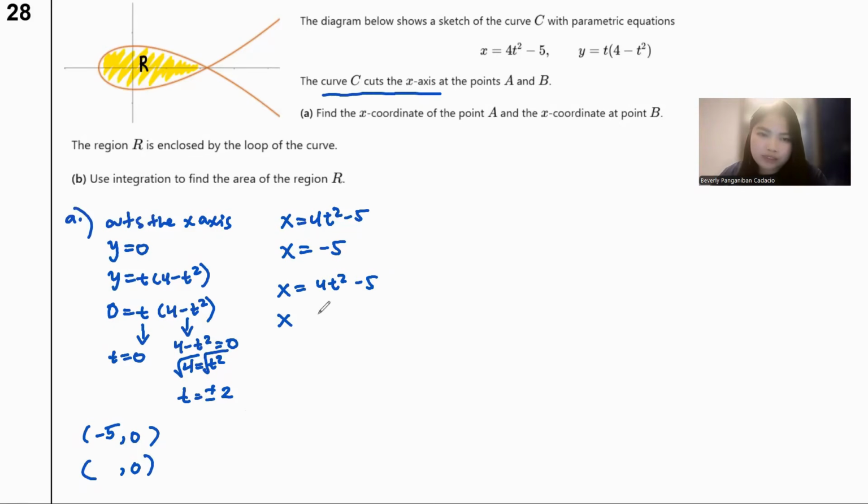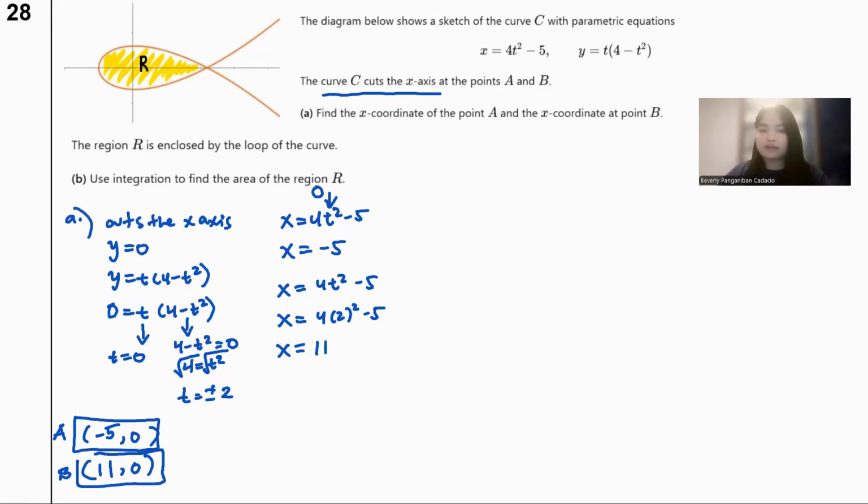Okay, let's put it here. 2 squared minus 5. And you know what? Regardless if it's positive or negative, you're still going to have positive 11. So you can just put this one time. So -5, 0. Again, this one is putting t equal to 0. You know that from here and from there. And therefore, this is my A and this is my B. Because you know that this is my A there, and that will be the first one. The A will be the first one, so go with the -5 from left to right. Okay, and there you go.